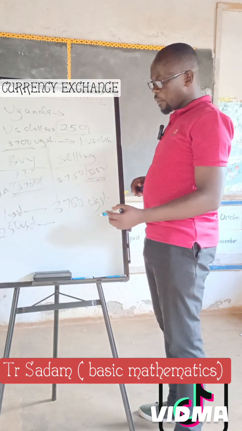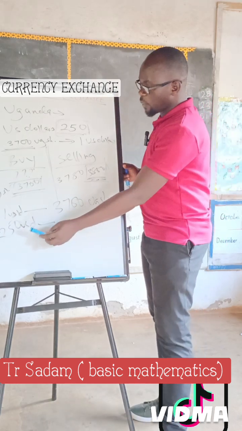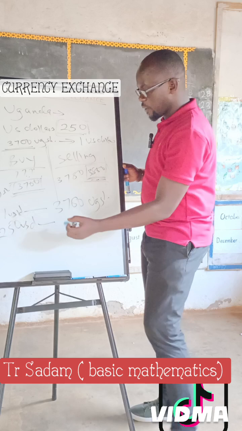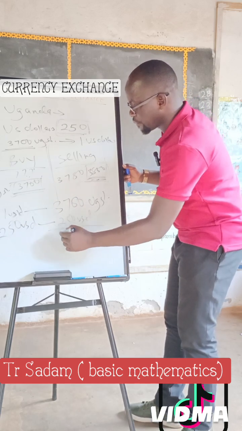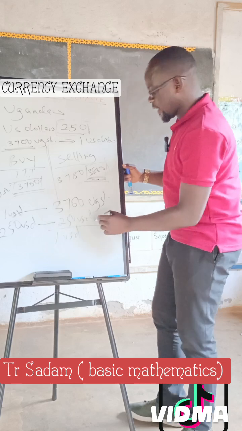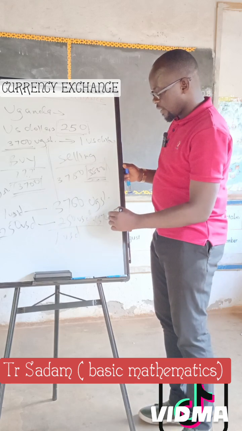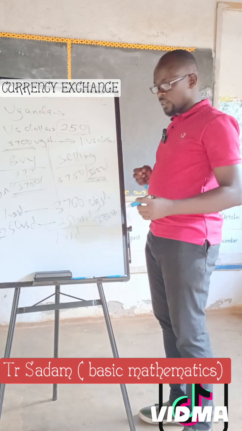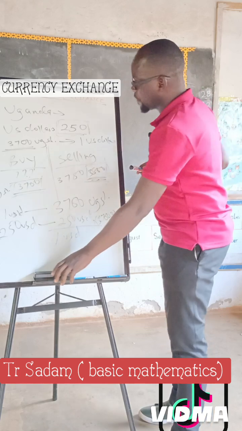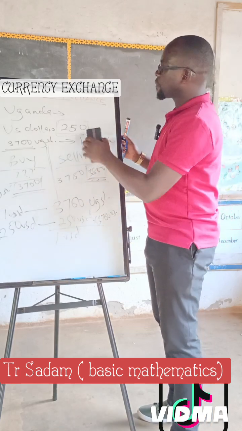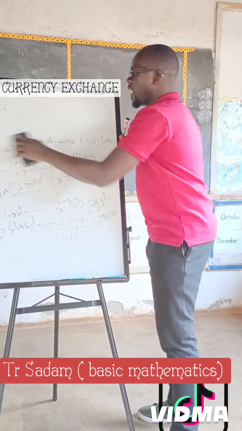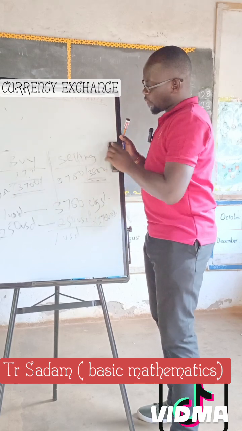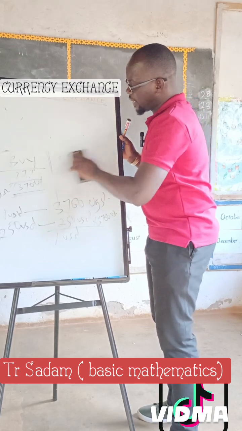Now remember, when we are dealing with the multiplication, we are dividing these 250 US dollars by 1 US dollar, then you multiply by 3,700 Ugandan shillings. So this one gives you a point to understand that when we are dealing with a foreign currency